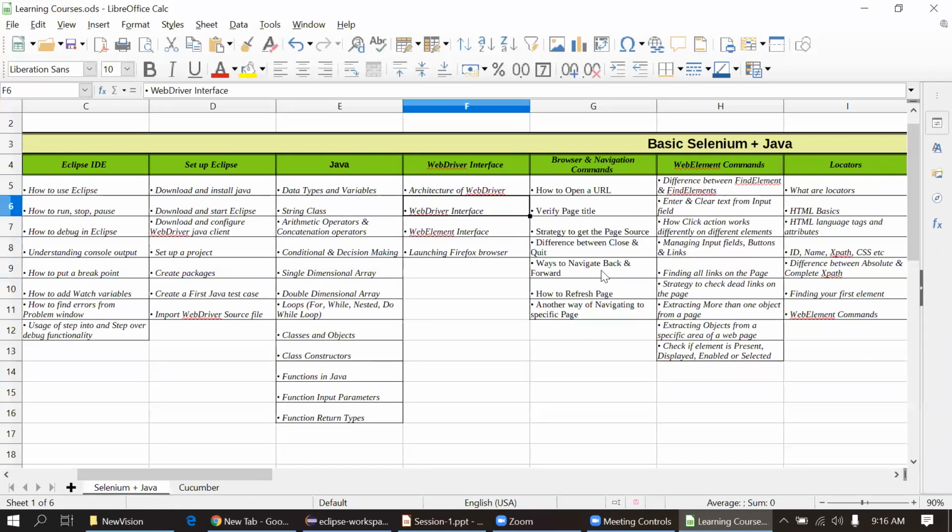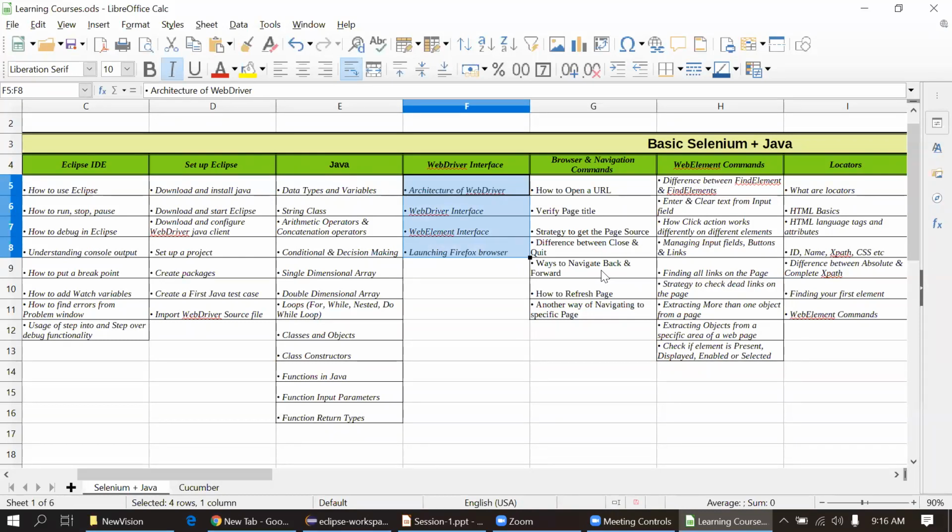Then WebDriver. And WebDriver, I will just tell you the architecture, internal in deep architecture. Then what is a WebDriver? What is a web element in that? Means suppose how we can launch the browsers in different set of browsers. What is a different code? Suppose if you want to open the Chrome driver, and if you want to open the Firefox, then what is the difference between these two? How we can open? What is the code difference? I will show that as well.